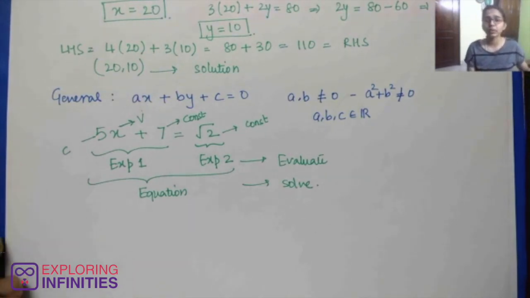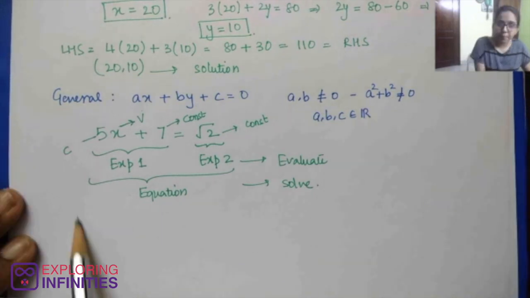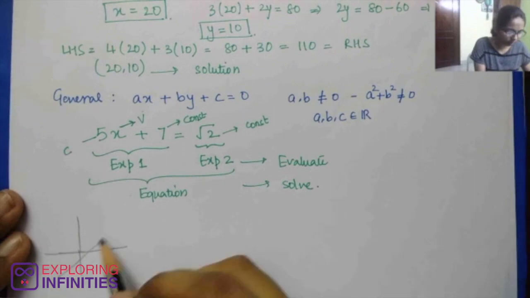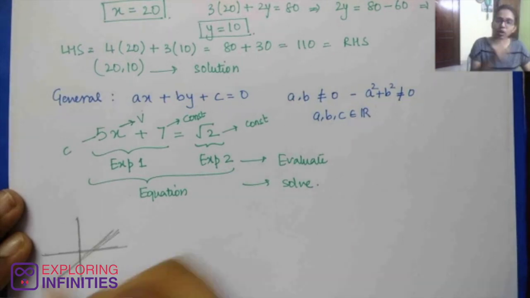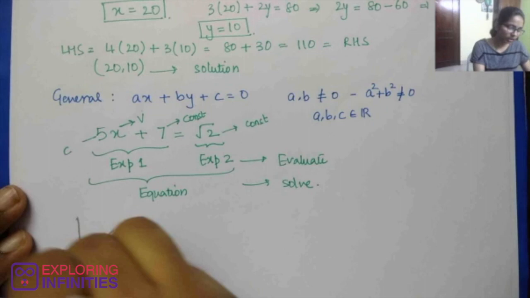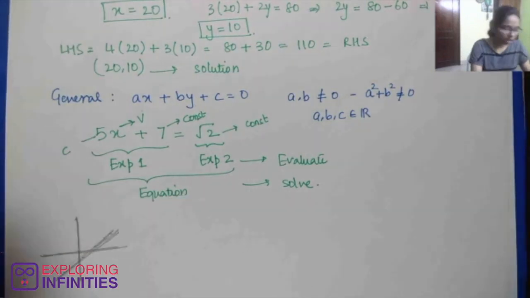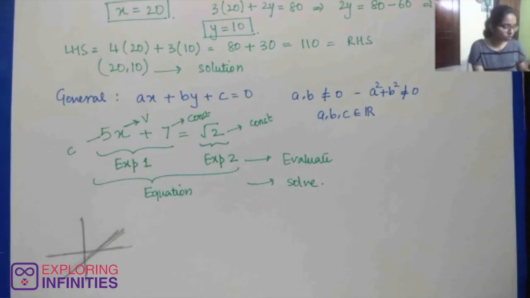I told you a linear equation gives you a straight line on your graph. So I had 5x plus 10y is equal to 100 with me. If I try plotting it, I'll get a straight line. I'm just assuming it to be a linear equation in two variables, so I'll get a straight line. So I'll always say that whatever points are lying on this particular line, those are my solutions for that particular linear equation in two variables.